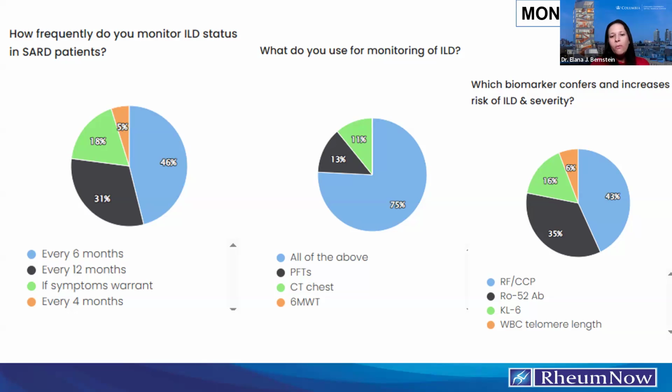Yep. And even when we have results of short telomeres in patients with SARD-ILD, it's really hard to not offer those patients immunosuppression, especially when we're talking about someone with SSc-ILD or myositis-associated ILD. I think we should certainly be aware of the potential complications when these patients are immunosuppressed if they have short telomeres, but I'm not sure that we'll get to a point any time soon where we're going to say, all right, we're not going to immunosuppress these patients, especially because of their extrapulmonary manifestations.